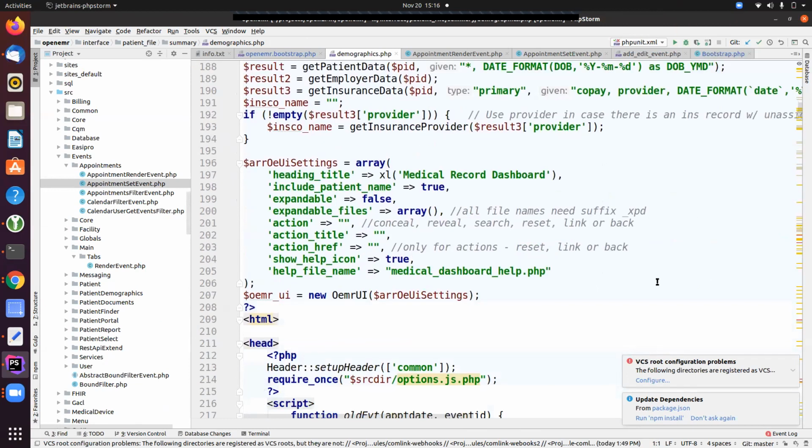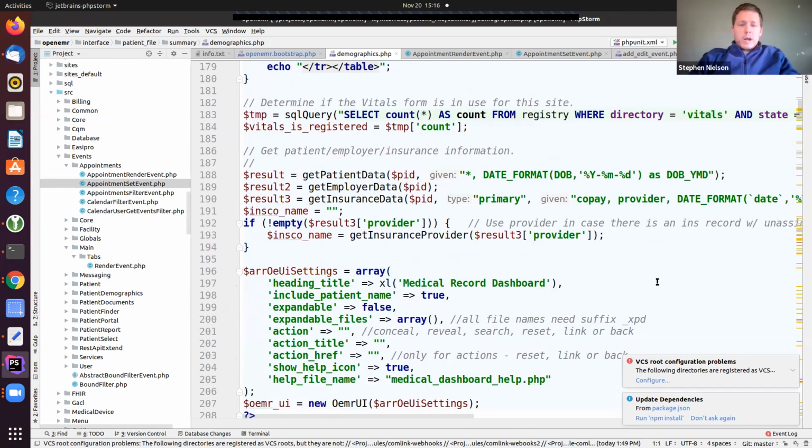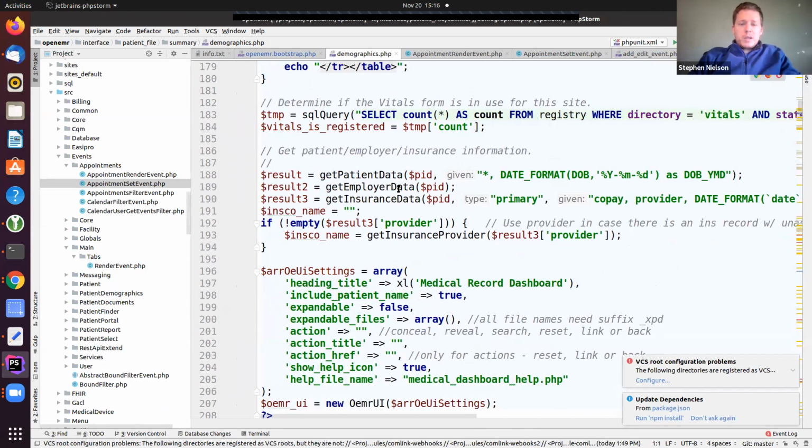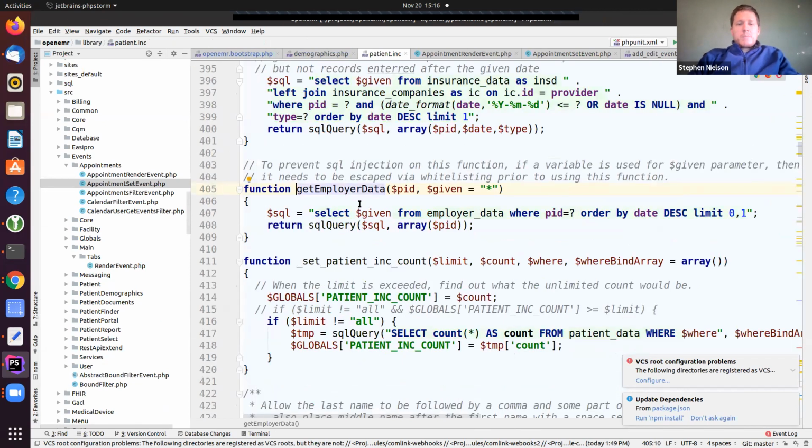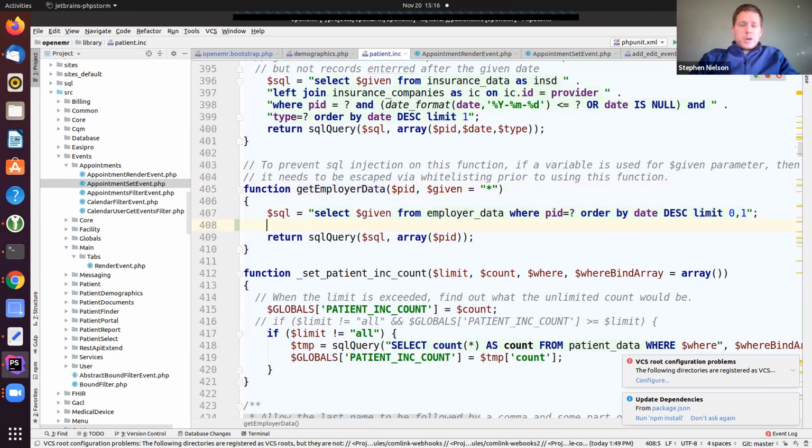Let's just take an example. What I want to do is talk about what if I need to tie into something, or I want to go in and listen to an event, right? Let's say, for example, get employer data, a common function. I know we're talking about eligibility, but I want to say that I need an event here, right? I need to do something and modify this query before it goes out. If I was just hacking core code, then I could come in and just change this query.